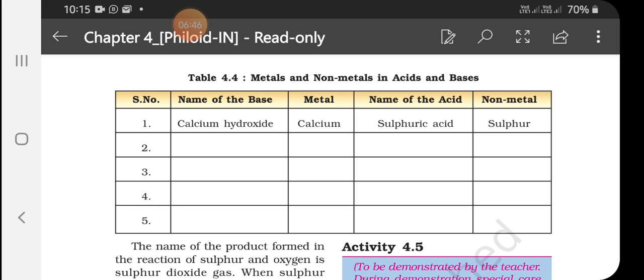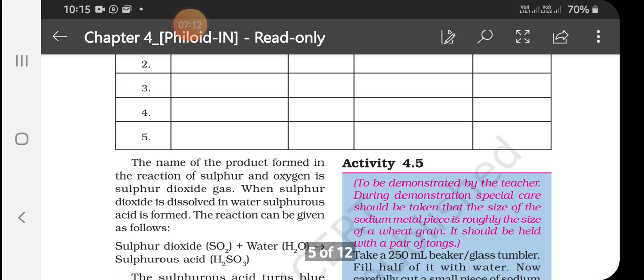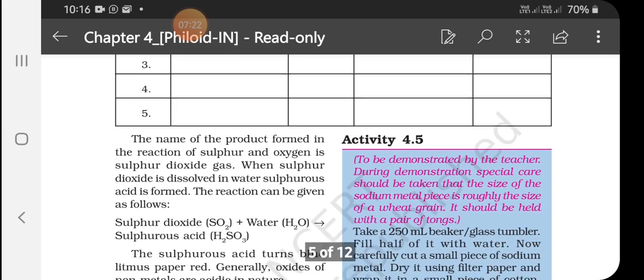Suppose we take iron. We get iron oxide or iron hydroxide, so it will also be basic in nature. When we take carbon, it gives carbonic acid. When we take phosphorus, it gives phosphoric acid. Likewise we get solutions and we can identify the nature. But what is the main conclusion here? The main conclusion is that metal oxides are basic in nature and non-metal oxides are acidic in nature.